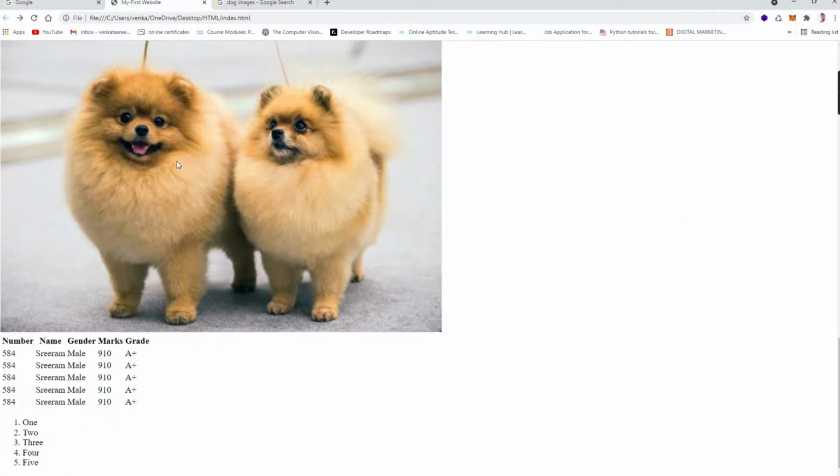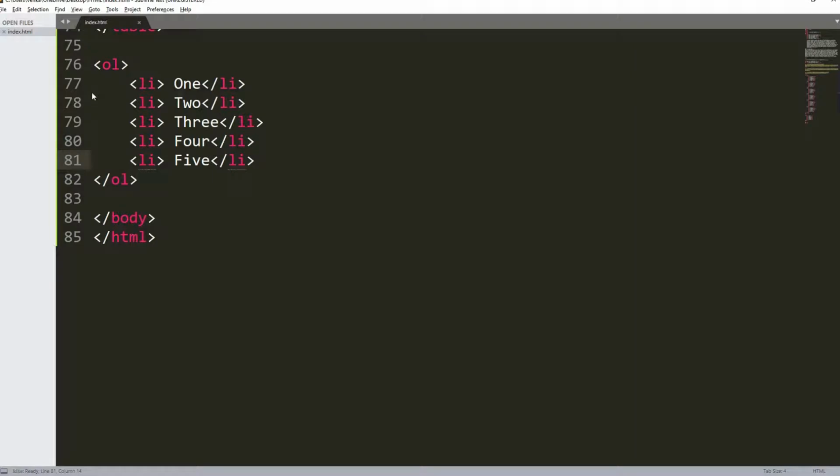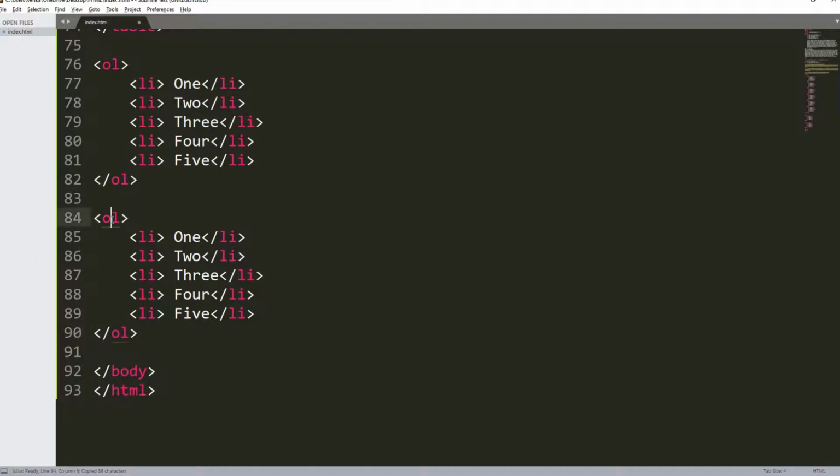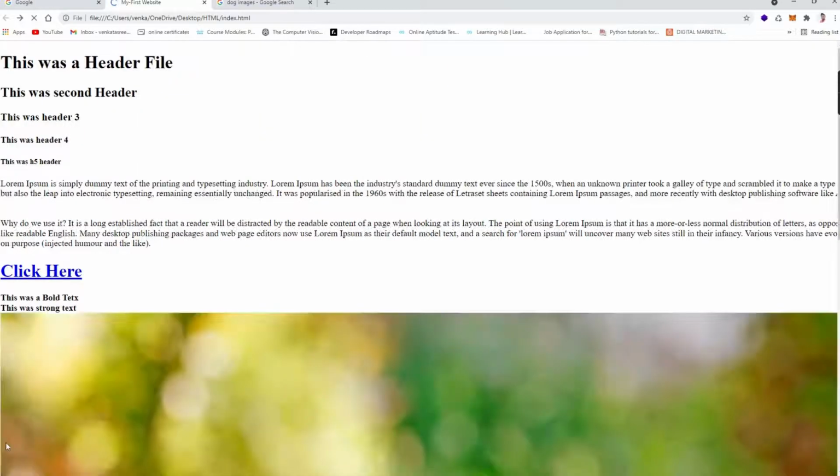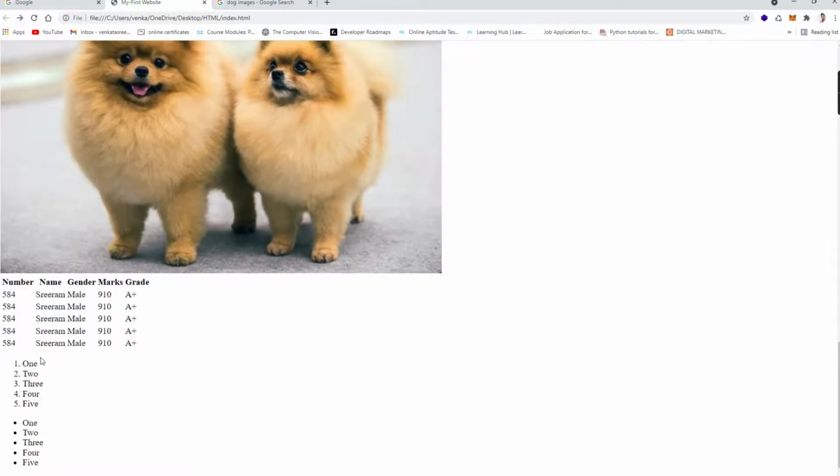Again refresh that. You can see that the ordered list has been done. If we replace that ordered list with an unordered list, you can clearly feel the difference between the ordered list and unordered list. UL. Simply make the change to UL. Refresh that. Yeah, this was the ordered list, which has been printed as 1, 2, 3, 4, and the unordered list is just like bullet points, right? It's just like bullet points.